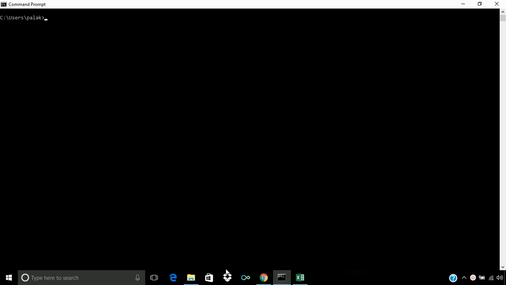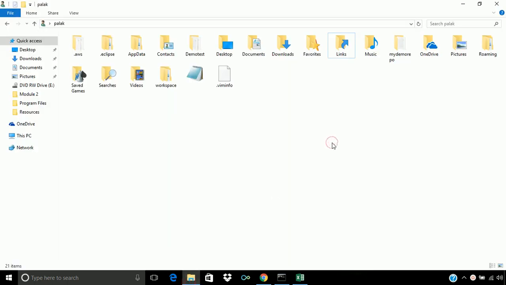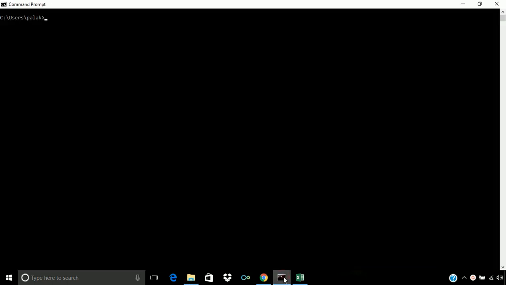So on my machine I have deleted the local demo from my directory, and then I am going to clone it again to see whether all the changes made in the repository are coming into my working directory or not.